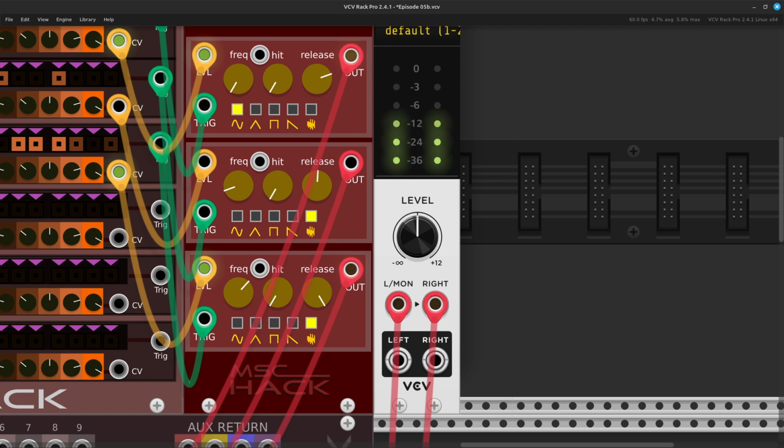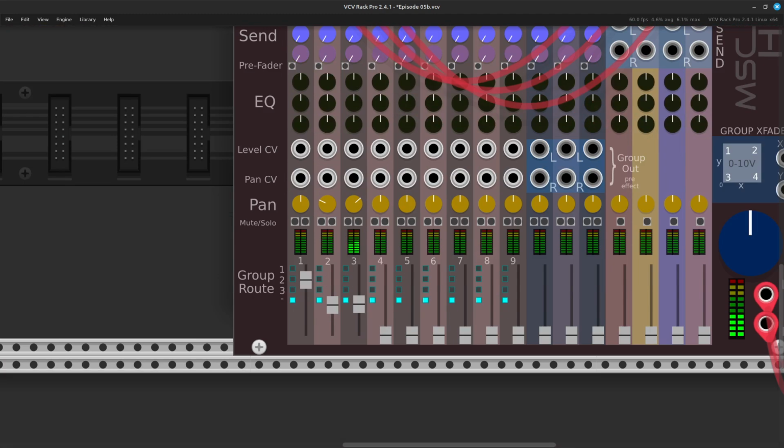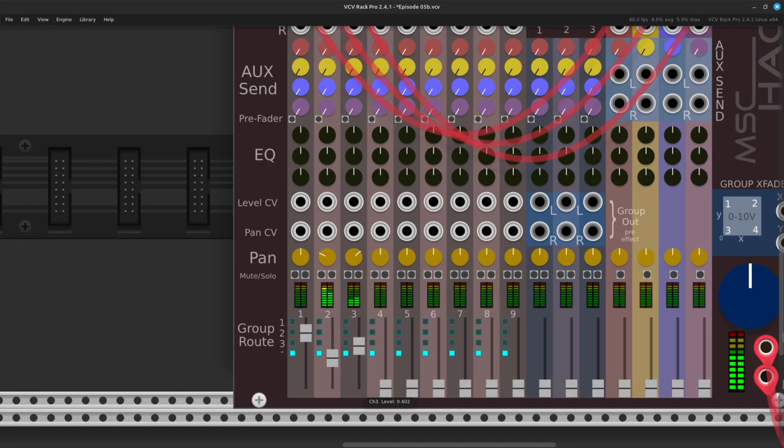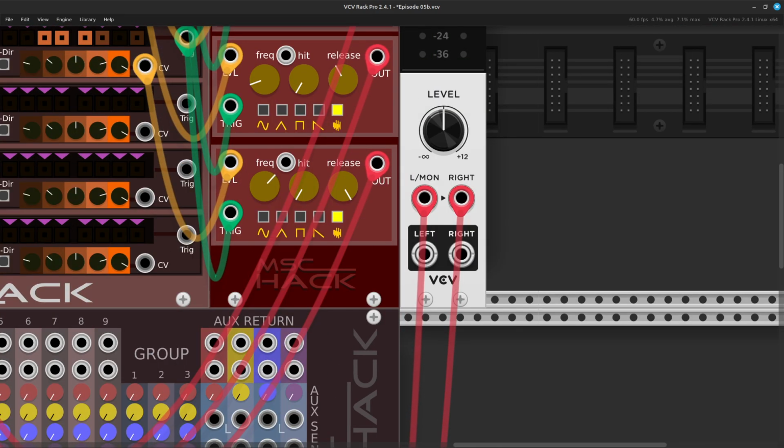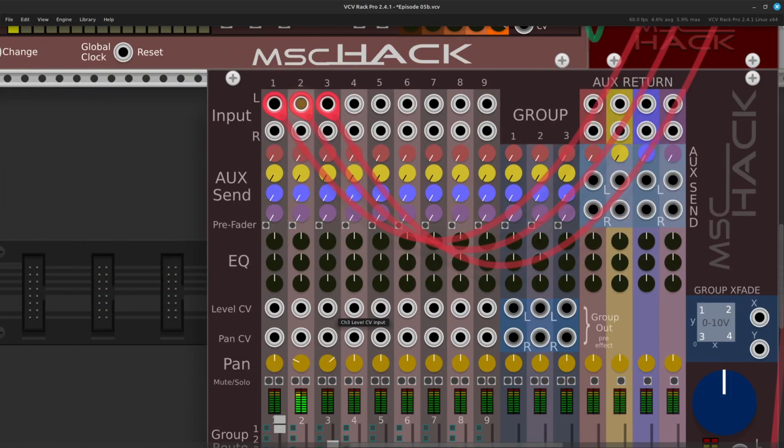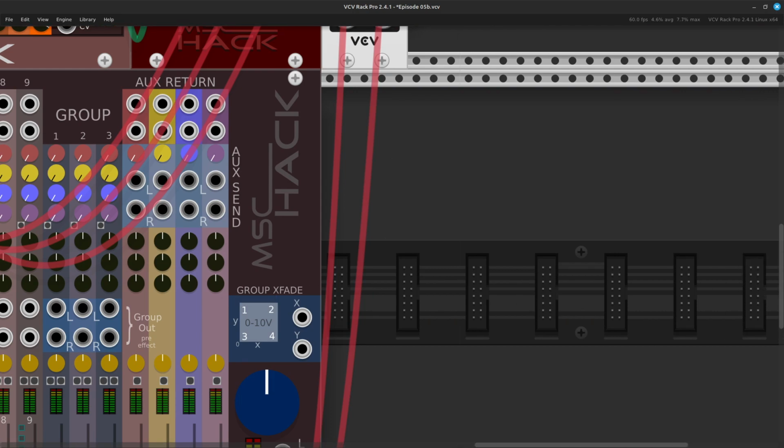So I'm trying to make this more like a snare, and this more like a cymbal. It rings out longer. Alrighty, so